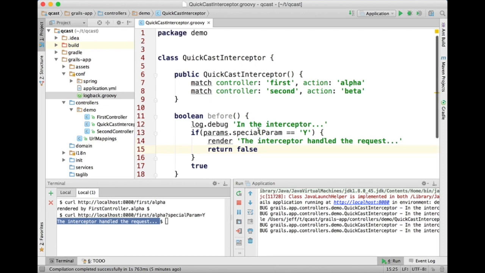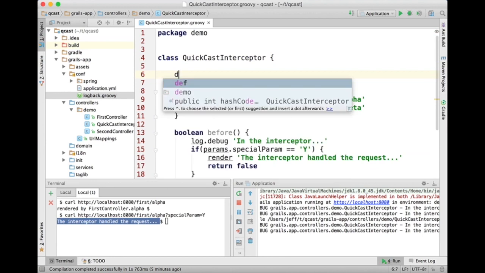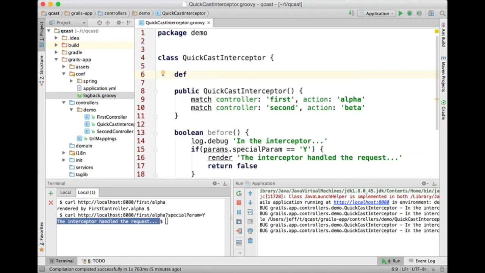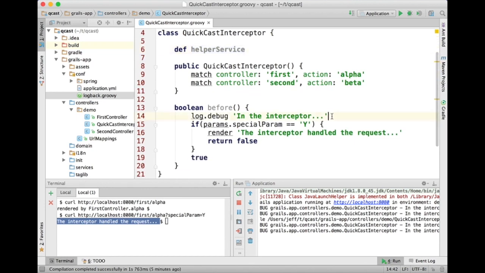Another interesting aspect of interceptors is all of your interceptors are automatically configured as beans in the Spring application context, and like all other beans, they're subjected to dependency injection. So if your interceptor needs a reference to a bean from the Spring application context, you can simply declare a property whose name matches the name of a bean in the application context. So for example, maybe our application has a service called helperService. If I declare a property named helperService in the interceptor, that helperService will automatically be auto-wired into the interceptor. So down here I can refer to helperService